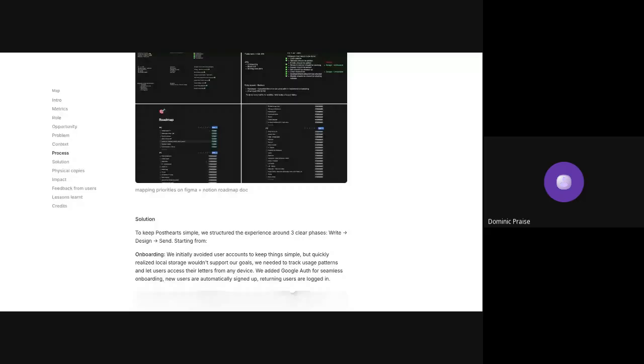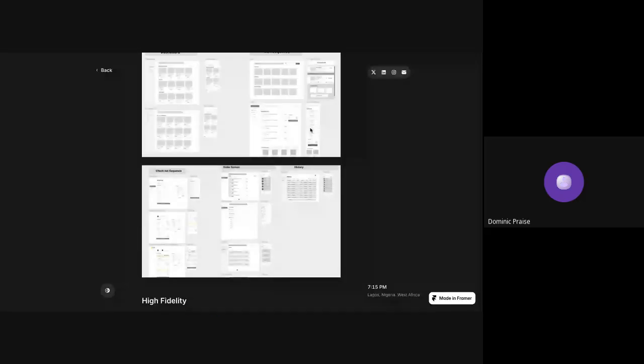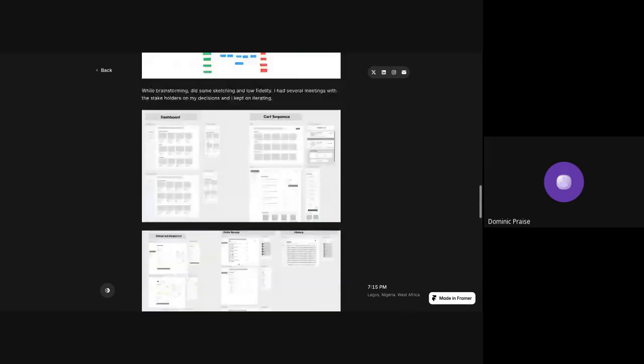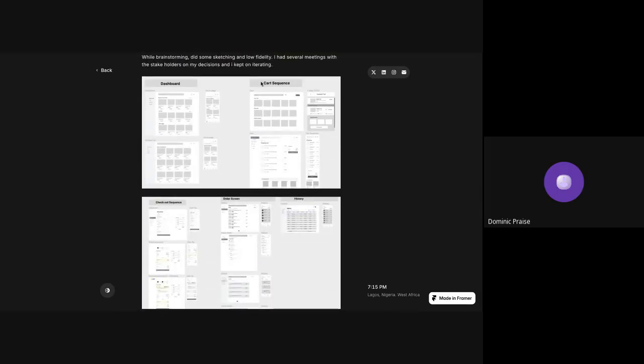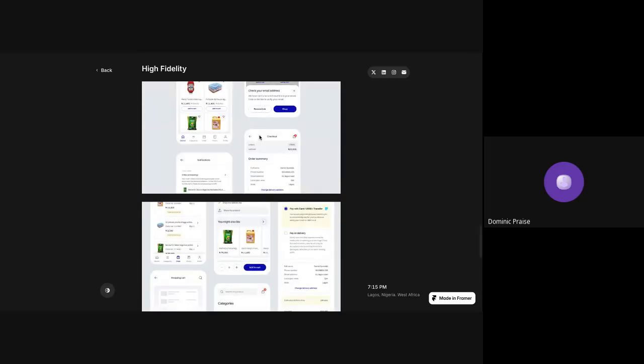Let me share this. After talking about what you did, that's where you start walking us through your designs. This person started walking us through their low fidelity designs and high fidelity designs. You don't have to show all your design board to us. You just need to show the key